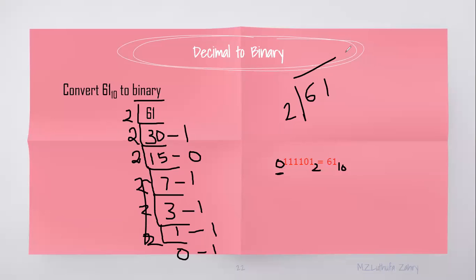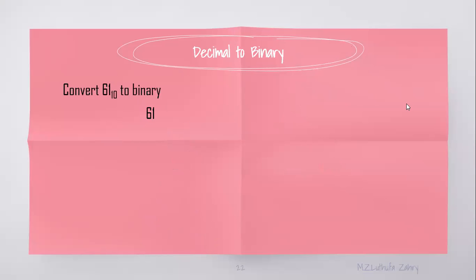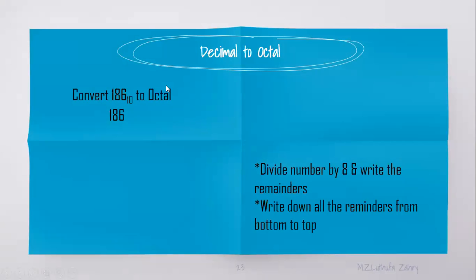So if a number is given in decimal and you wanted to convert it to binary, divide it by the base of binary. So we have seen the first conversion. The second conversion is going to be decimal to octal. Once again, decimal to octal means you have to consider the base of this number system. If you wanted to convert any decimal number to other number systems, you have to consider the base of this. Base of this is going to be 8.